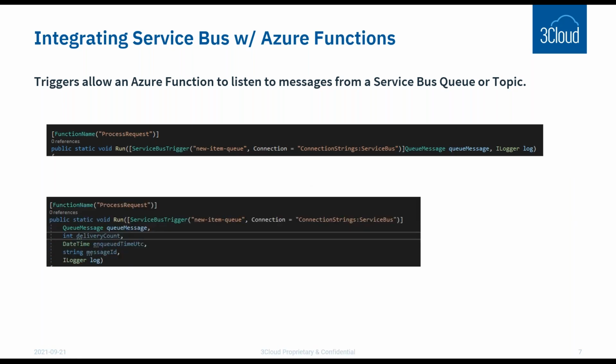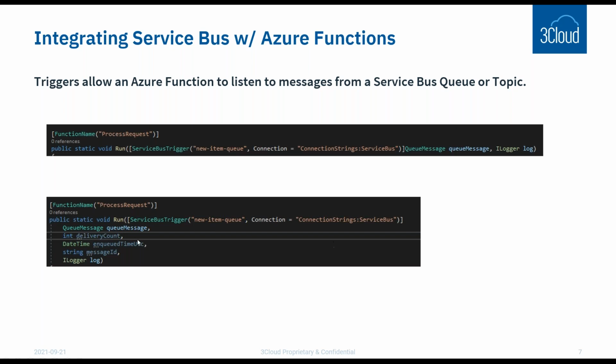All right, the second example I'm going to show you here has all of the same parameters as the first one, but I added a couple of additional parameters to get metadata about the message. So you can get the delivery count. A queue is able to deliver a message up to a certain number of delivery attempts. The default in Azure Service Bus for a queue is 10 delivery attempts. So if this Azure function fails, it can then try to deliver it again